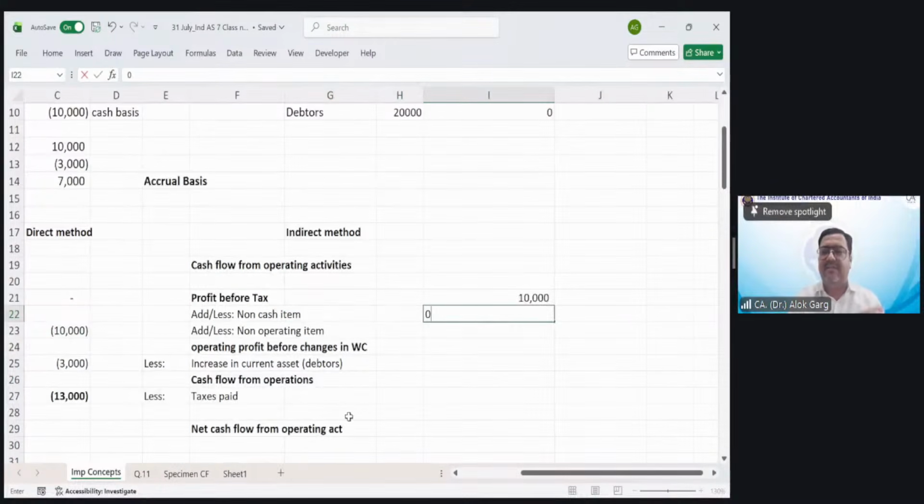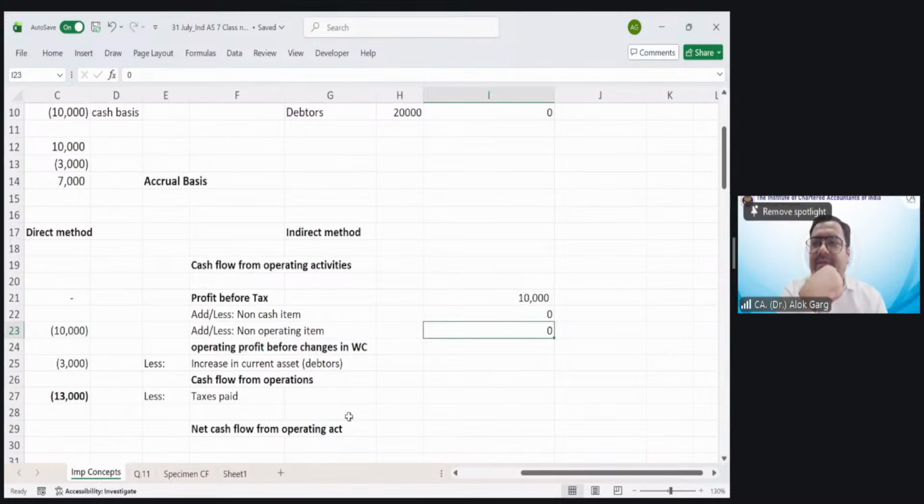Since in this example it is not there, you have to add or less non-operating item. Yes, Ravinder, like depreciation, foreign exchange fluctuation, right? Forex differences. So these you are required to add back. Add or less non-cash item, add or less non-operating item. What could be the non-operating item? For example,